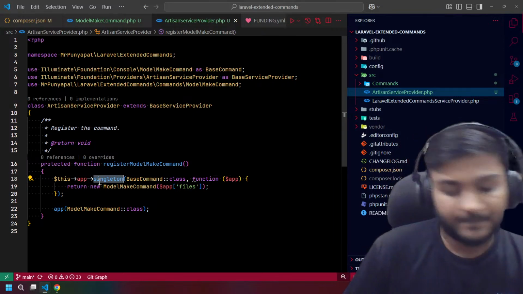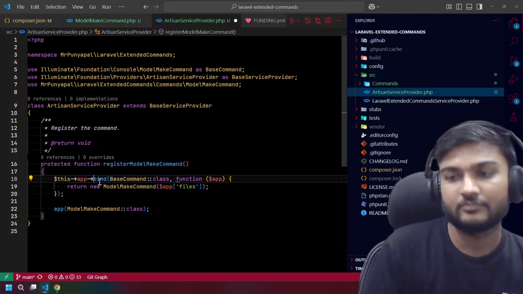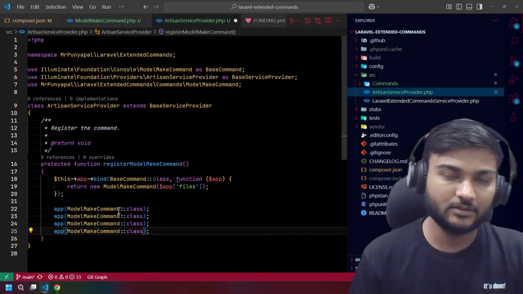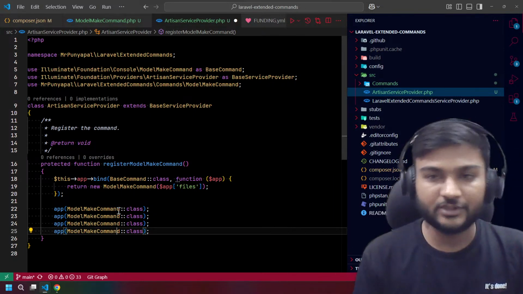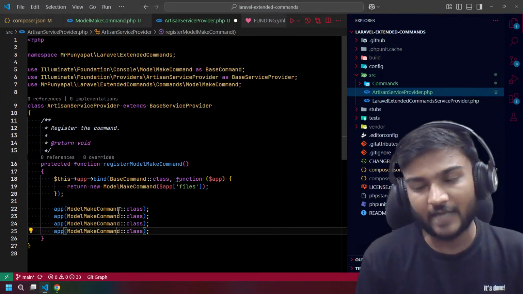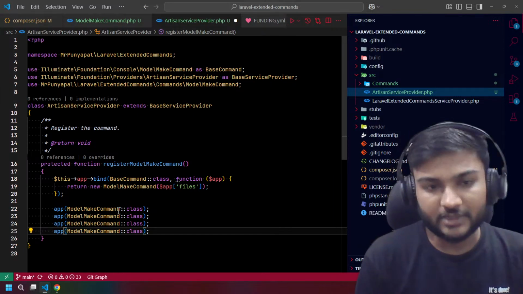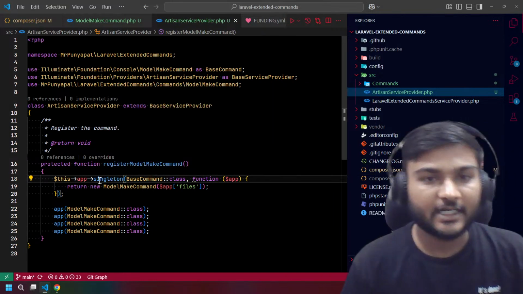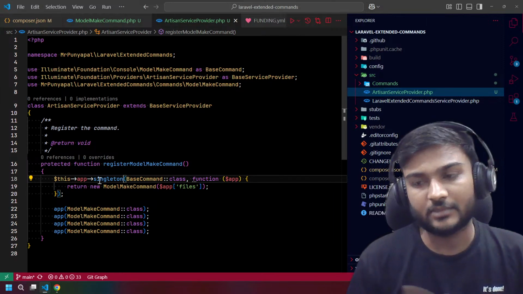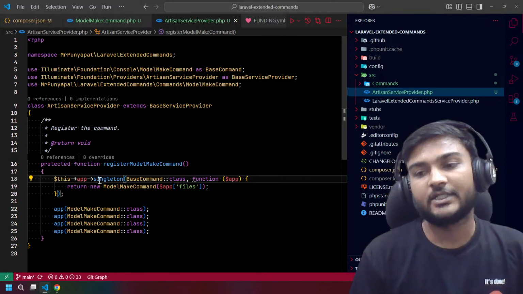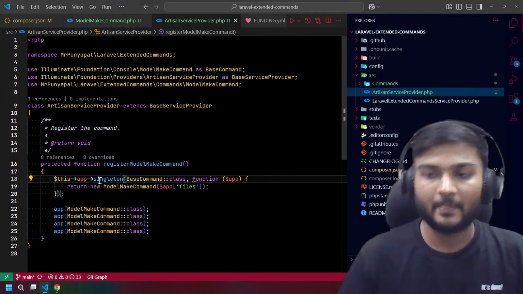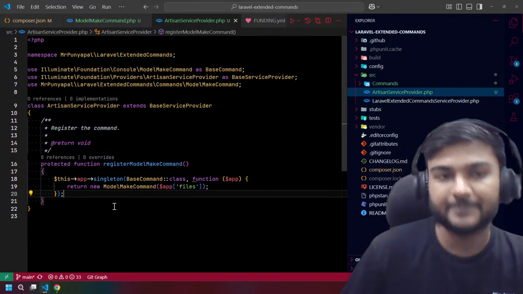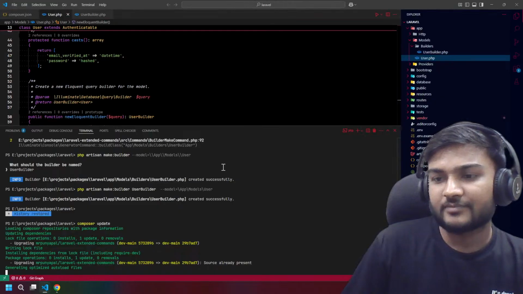But if I use bind here, whenever I have three or four different initializations of the same class, it will give me different objects. But if I use singleton here, it will give me the same object again and again, any time I initialize this particular class. So that is what it is all about, singleton versus bind. I hope it is clear. Let's go ahead and see.